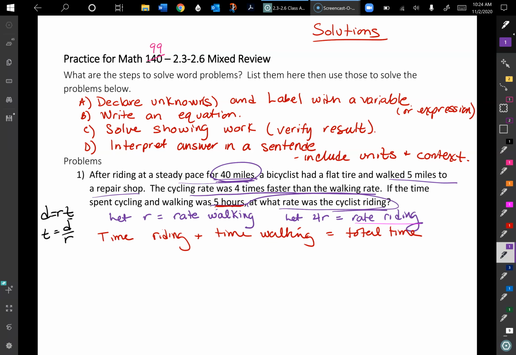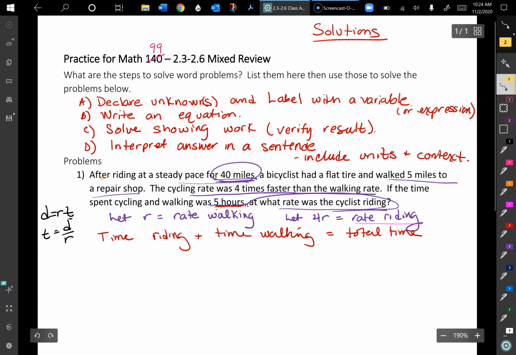Okay, so I've written some things out here for problem 1. After riding a steady pace for 40 miles, okay, so that's my distance on a bike, the bicycle had a flat tire and walked 5 miles to the repair shop. So distance walking is 5 miles. Cycling rate was 4 times faster than the walking rate. If the time spent cycling and walking was 5 hours, so my total time is 5 hours,